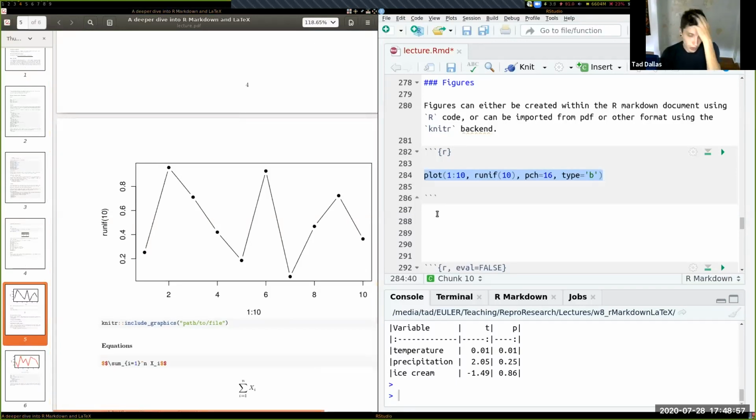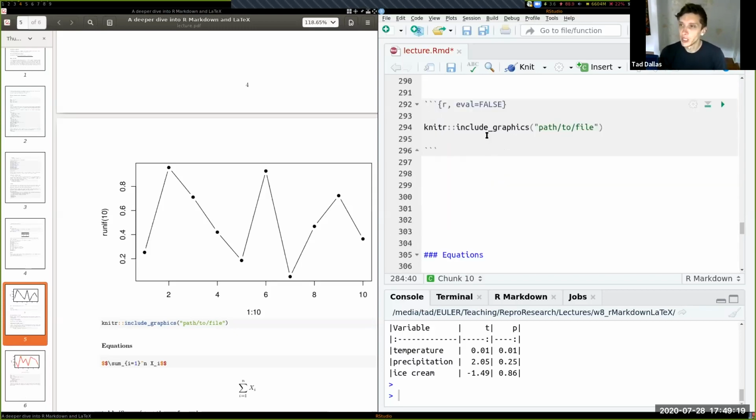We can also include graphics which we generated at another time, that we're not generating on the fly, but that we generated and saved to PDF or another format using this knitr include_graphics function, and then we just hand it the path to the file relative to the working directory, which is wherever this R Markdown lives.